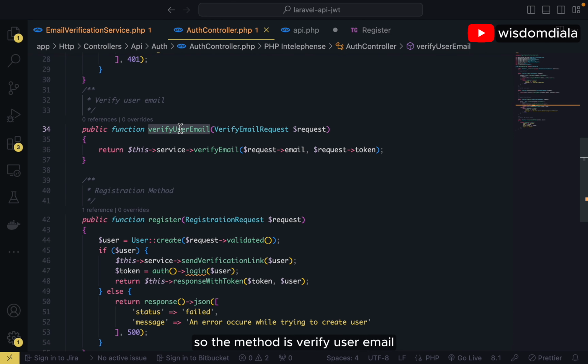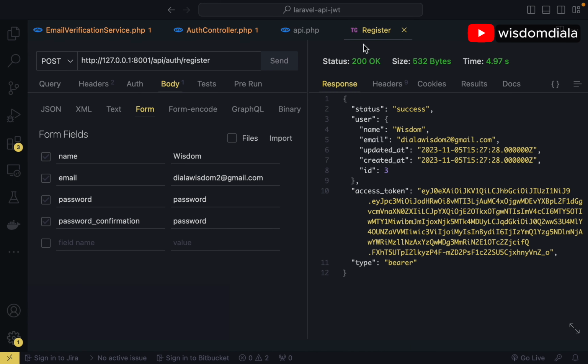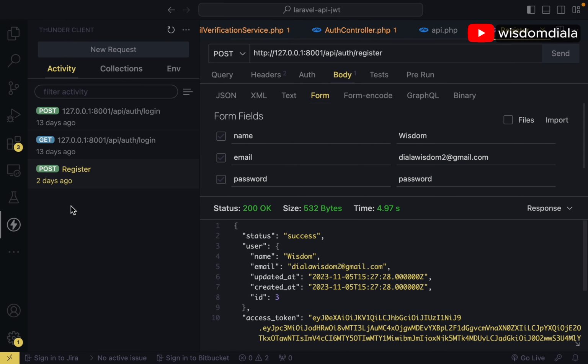So the method is verify user email inside our auth controller. And that's it. So let's go to our Panda client to test the endpoint. Open Panda client here. So let me